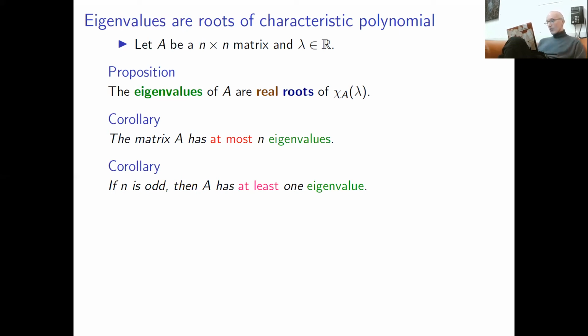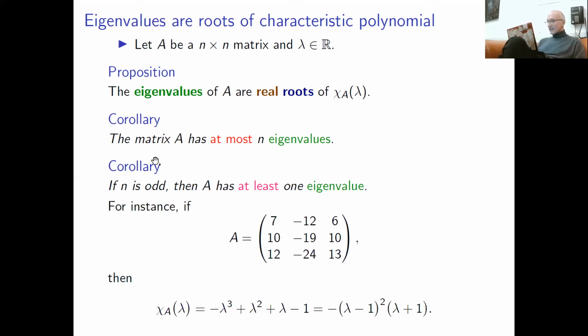Okay, so here's an example. You take the same matrix we basically started this lecture with. We considered it on the second slide. And you just compute the characteristic polynomial using the formula for the determinant. What you do, you take the diagonal entries and you subtract lambda. And then you just use any formula you like. You can expand this determinant by the first column or by the first row, whatever, and you get